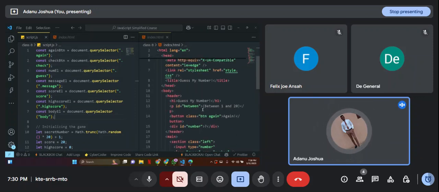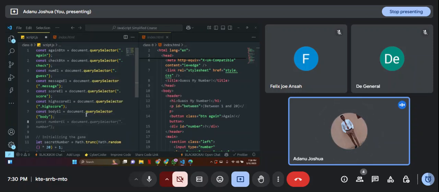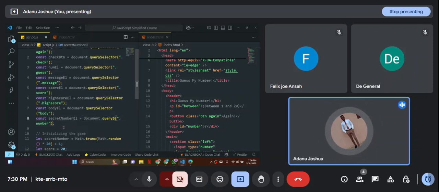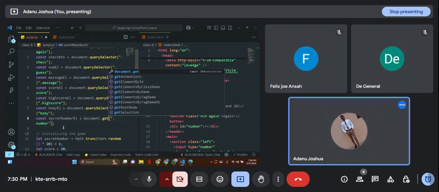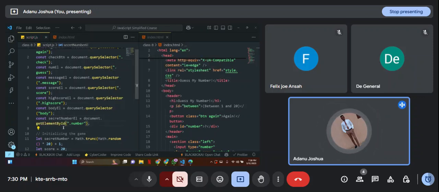So that should be, yes, div with the ID of what number. So I'll come here. I'll do const secret num l, and I will give it. Okay, it is actually an ID. So since it's an ID, let me just do get element by ID. All right, good,